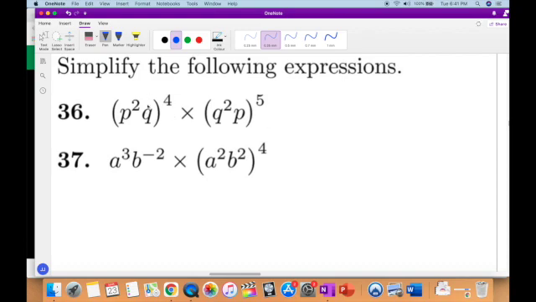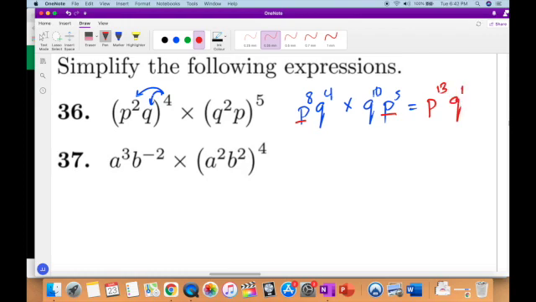So I'll do the brackets first, because BODMAS applies straight through mathematics, yeah? So 4 times 2, that is p to the 8, and then 4 times 1 is q to the 4, being multiplied by q to the 5 times 2 is 10, and p to the 5. So now we add the like terms, so we can see this p to the 8 and p to the 5, well, they are being multiplied, so I can add it. So p to the 8, 9, 10, 11, 12, 13,